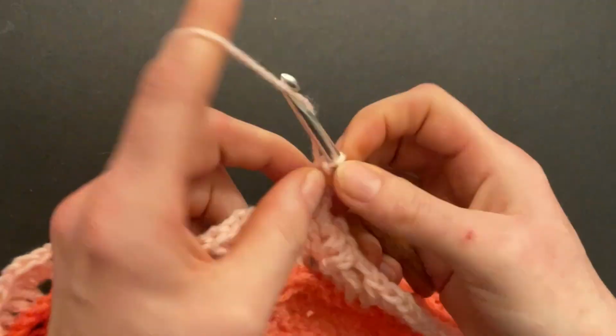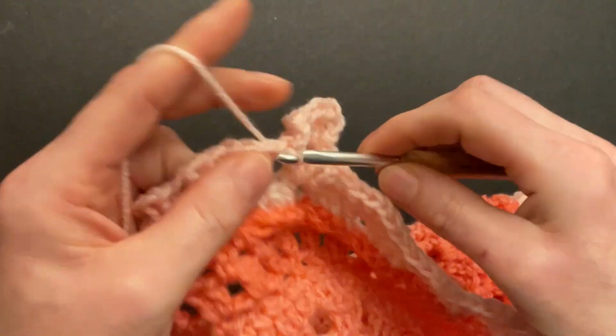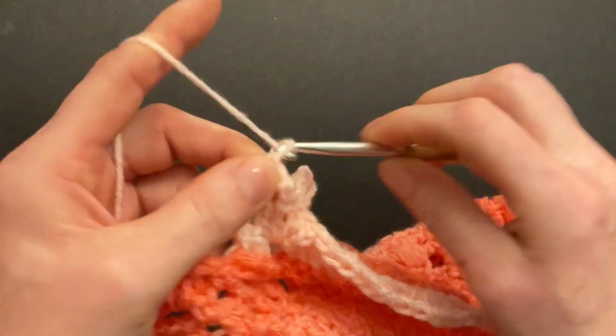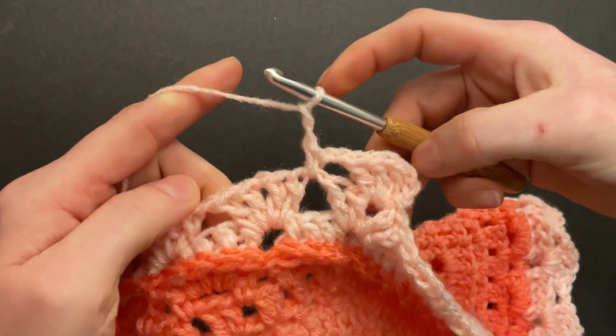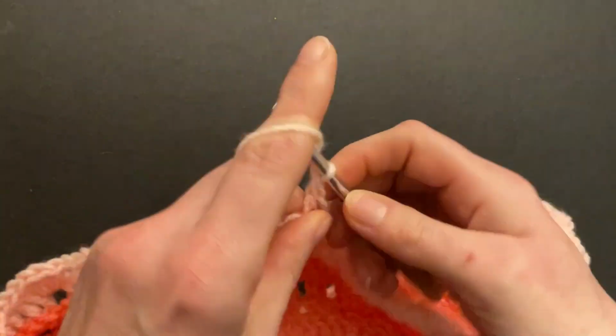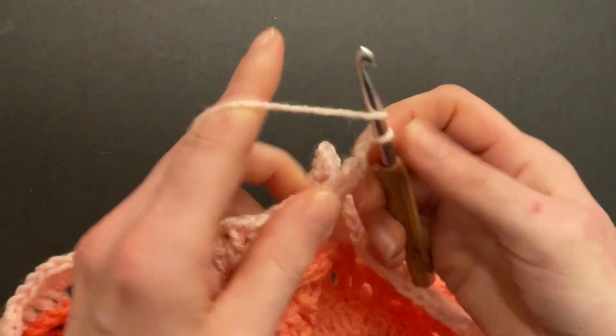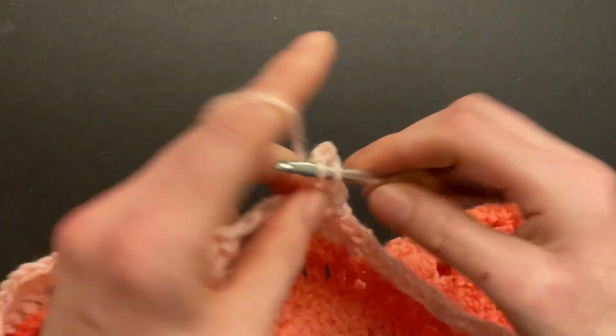Now chain 2 and go into the next chain space of 1 in between the clusters. Make a single crochet and chain 2 and repeat the sequence. Now go to your next shell stitch and into the chain space of 1 make 2 doubles, 1 chain and 2 doubles,